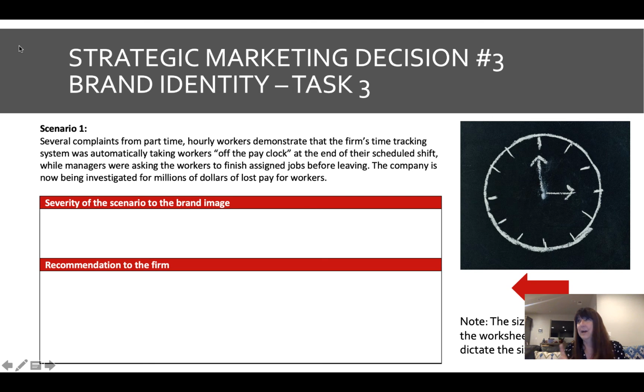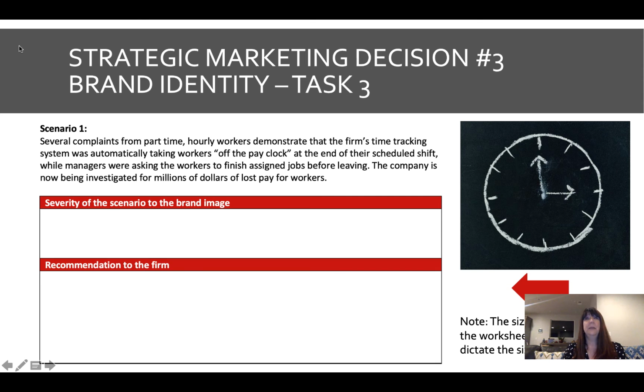Unfortunately, the company is now being investigated because millions of dollars were lost because there wasn't a good timekeeping system for their non-exempt employees. So think about it. You as an employee are doing a bunch of work. You're not clocking in or out, and your manager is saying, hey, I need you to work late, and you're not getting paid for it because there's a glitch in the system. So you might think to yourself, what the heck does this have to do with marketing? And it's everything to do with marketing because not only are employees part of your brand and they need to feel good about who you are, the news will get it. And you're breaking a law here.